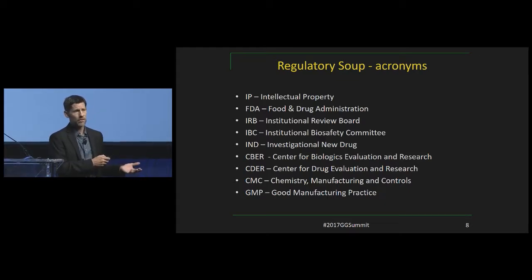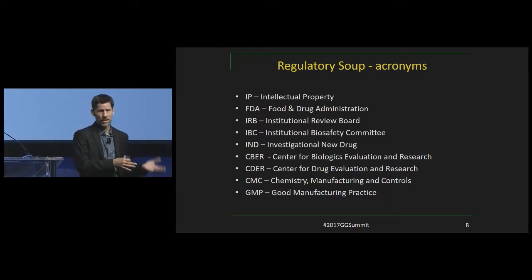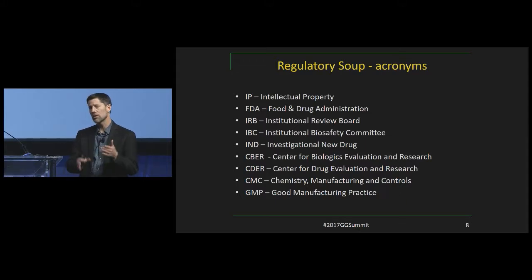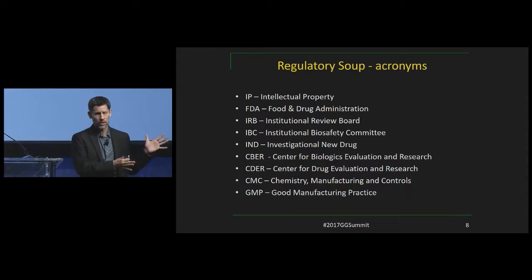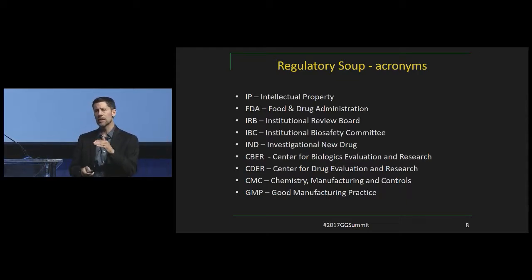We talk about CBER, which is the Center for Biologics Evaluation and Research. Many of the drugs that are being developed by the companies presenting out there go through CBER. And then CMC, that's a thing that people generally use as chemistry, manufacturing, and controls. That's when you talk about the drug manufacturing portion of your clinical trial. And GMP, you hear that thrown around a lot too. GMP is good manufacturing practice. There's a whole set of rules and regulations that say your drug needs to meet these criteria to be able to go into patients.